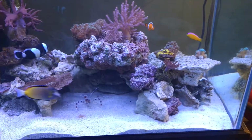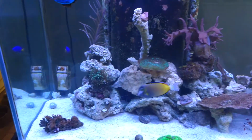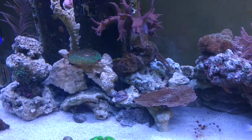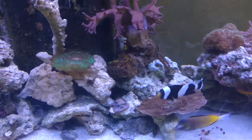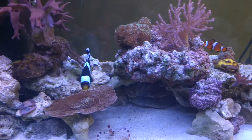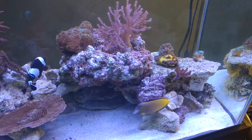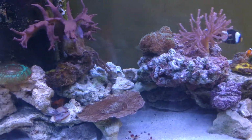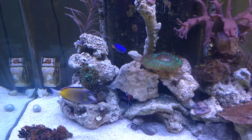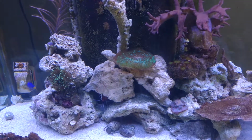Got all the rocks back in there and the corals. Got the fish back in. Ran into a bit of problems here. I wasn't really even thinking about it, but when I dried out all the rock and everything, and I put it back in the tank, I guess there was a lot of dead organisms, whatnot, still in the rock that I couldn't see, and it pretty much drove my ammonia levels